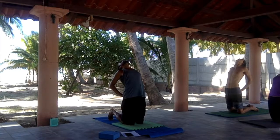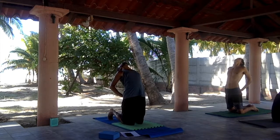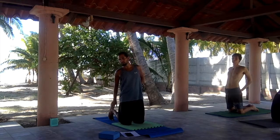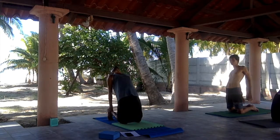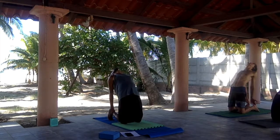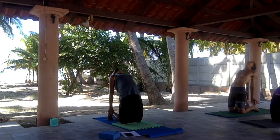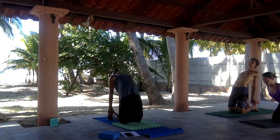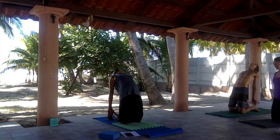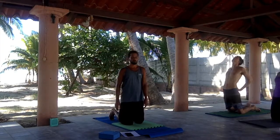As you do that, start to take an extreme back bend here, looking back behind you, neck falling back, head falling back behind you. For a deeper expression of the pose, your hands can come to your ankles. And for the deepest expression, your feet can be flat on the mat. Make sure you're really pushing your hips forward. Slowly come up out of the pose